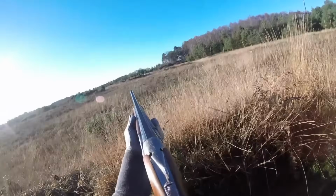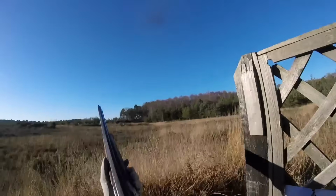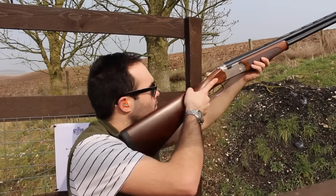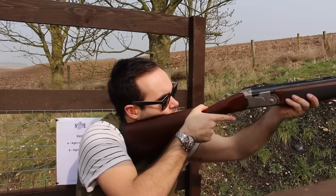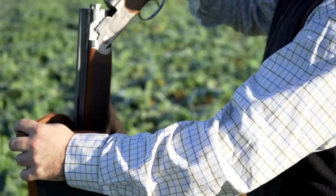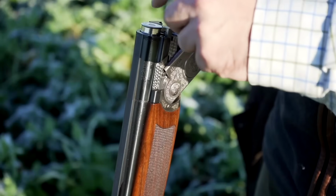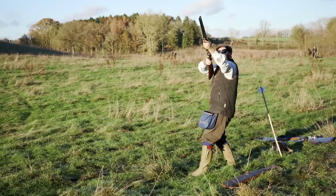The second gun that I ended up signing on wasn't actually taking up a slot on the firearm certificate. This was on the shotgun certificate, and was my Beretta Silver Pigeon 1, an incredibly sentimental gun because it was my 21st birthday present from my parents, a gun that I will never sell, a gun that has been in various guises of storage over the years, has been on multiple friends' certificates to make sure that that gun stays there ready and waiting, and was actually the first gun that I brought home and put in the safe,